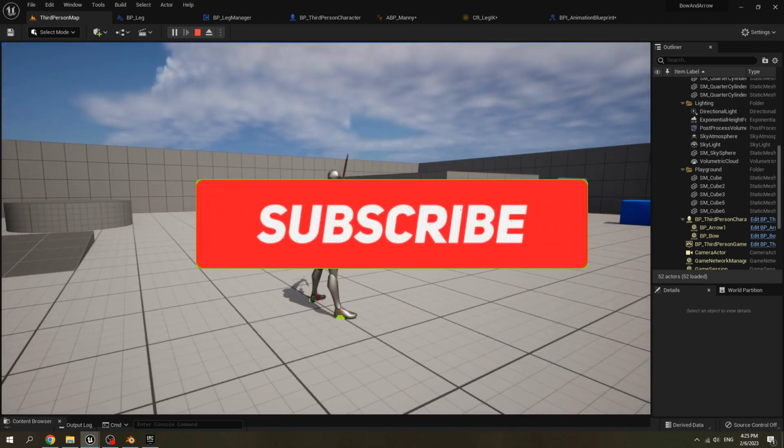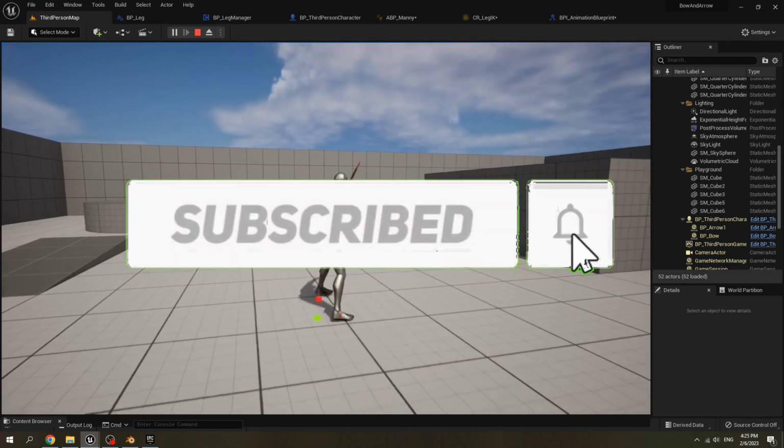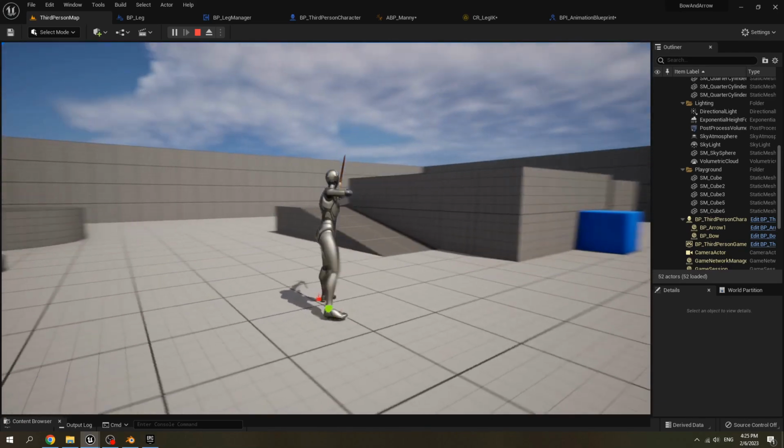In the next video, we will make our character able to aim down and aim up by adjusting the spine